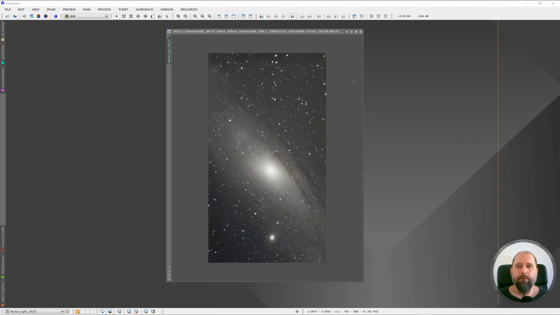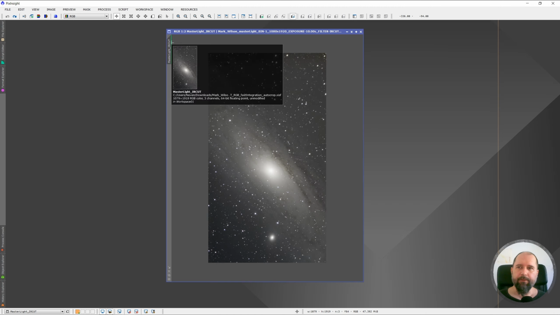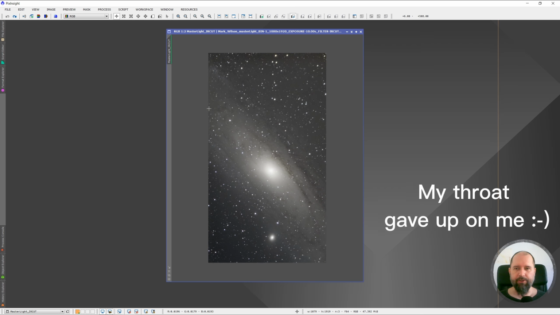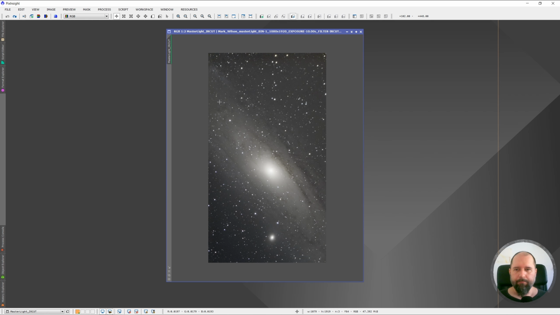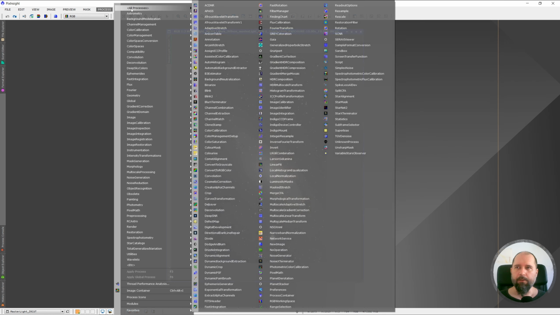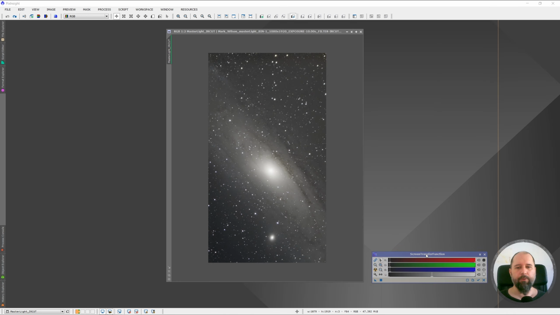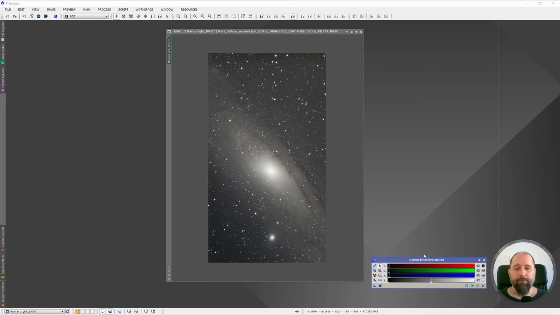First, you need to know this green line represents that this image is in linear state, so it is virtually stretched now. The real image is... go to all processes and go to ScreenTransferFunction. This is the first tool you will use when you're beginning in PixInsight. This tool actually stretches the image, but virtually, not completely, just to see what's going on in the image. The real image is actually,